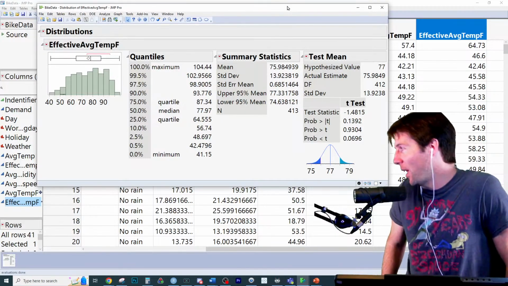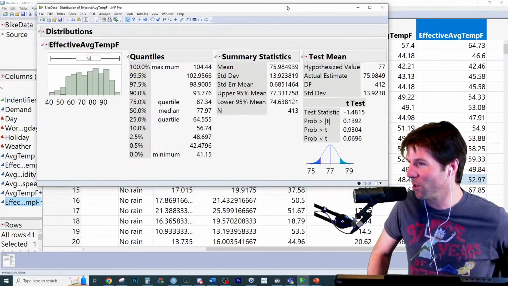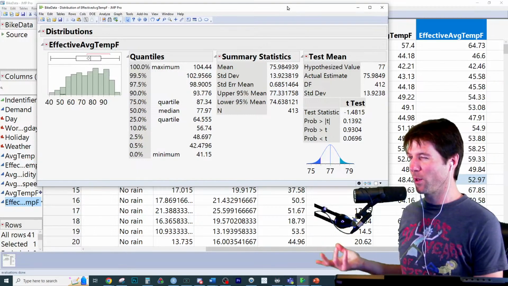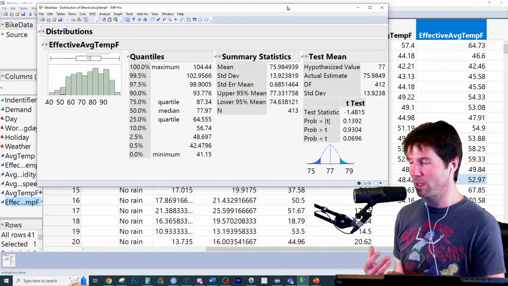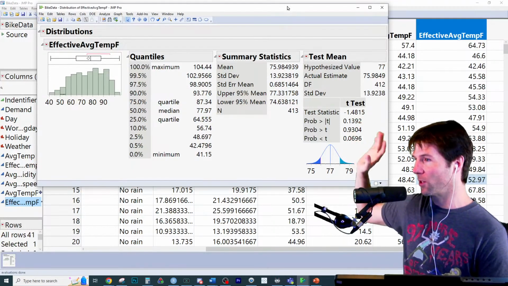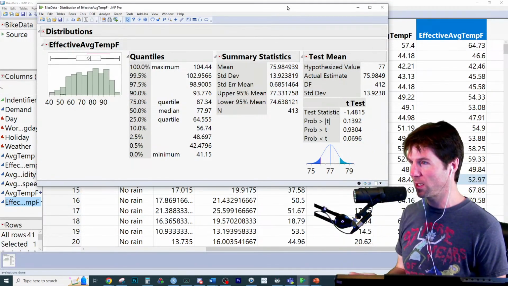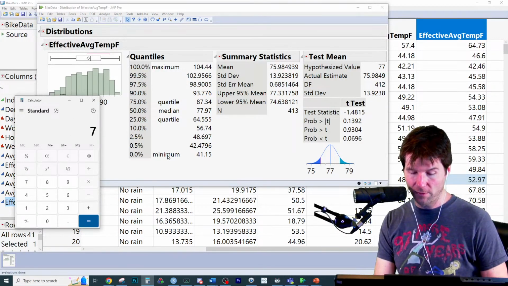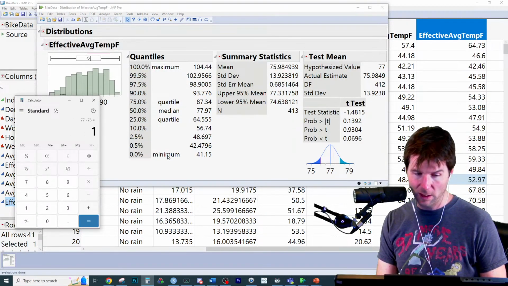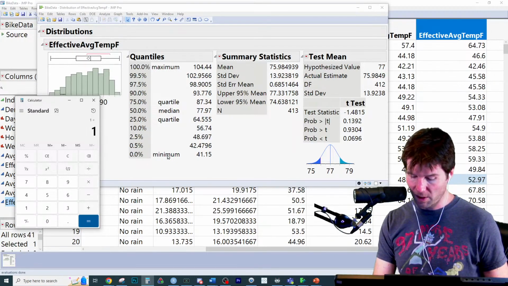I've never seen a business analytics or statistician person looking for critical values. They just go straight to a p-value because the critical value is an intermediary step. And that t statistic right there is not the critical value. That is the standardized test result: the difference, 77 minus 76 basically, divided by the standard error.